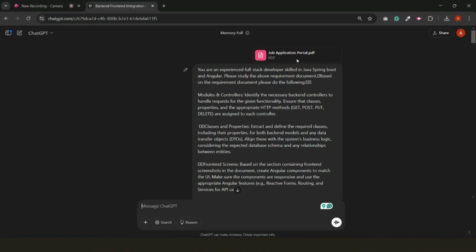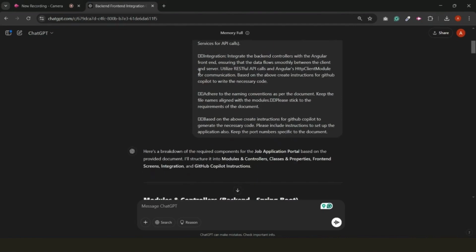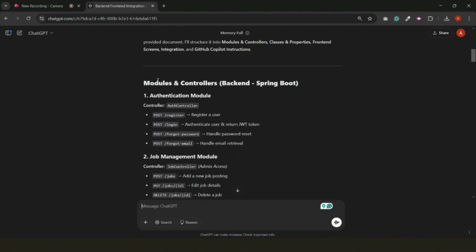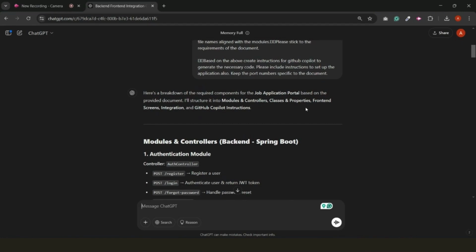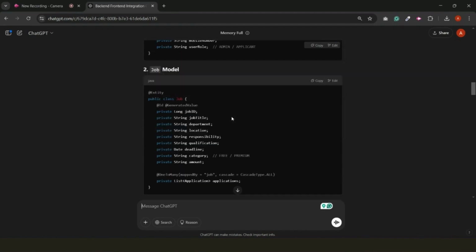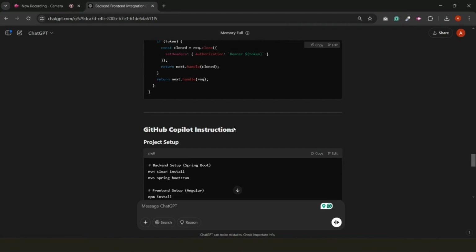So I uploaded the job application portal SDLC document in ChatGPT. Then I have pasted the prompt here as I showed you in the last section. And now let's see the magic of ChatGPT. You see it has generated the complete response in different structures like modules, classes and properties, front-end screens, integration, and GitHub Copilot instructions. Now let's go to the GitHub Copilot instructions, because we'll be using that in order to generate